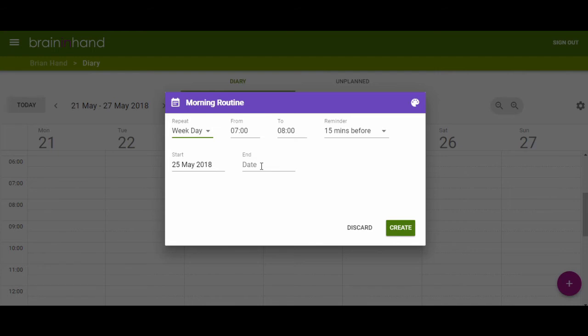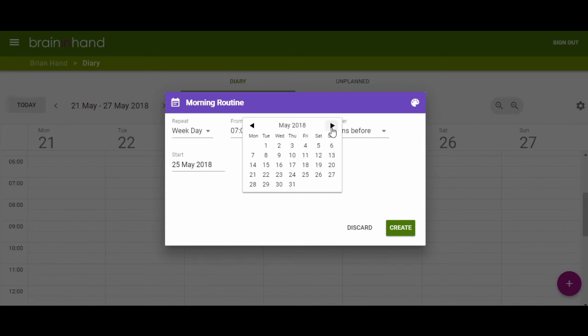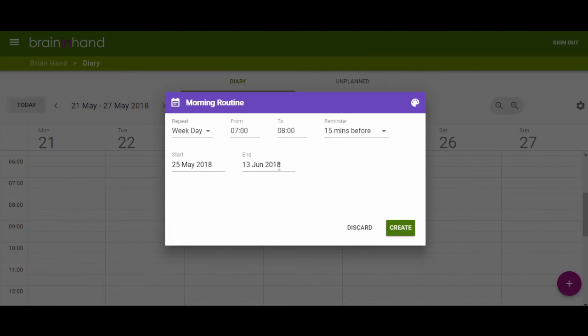However, if I don't want this to last forever, maybe I've got a holiday coming up when I don't have to get up, I can set an end date for this. So let's say I want my morning routine to repeat every day in the week until June 13th, just as an example. Now I'll click Create,